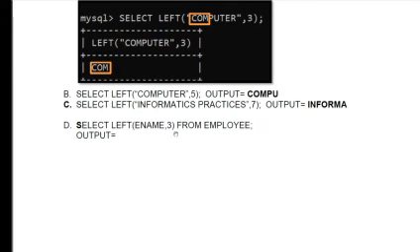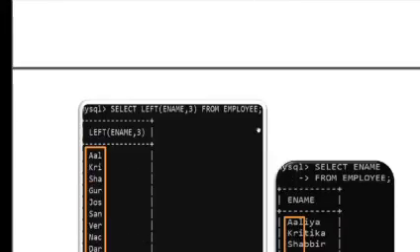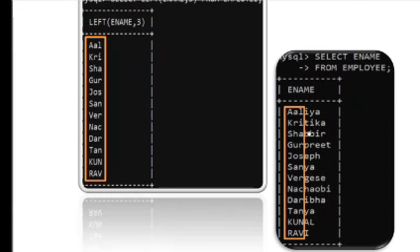This type of query will provide us the first 3 letters from the left-hand side of all employee names. As we have not mentioned a WHERE clause, it will display all the employee names. You can see in the output. In MySQL, this is the output of the employee names. All these names are stored in the table, so it will read the first 3 letters from all the employees. This type of output you will get.